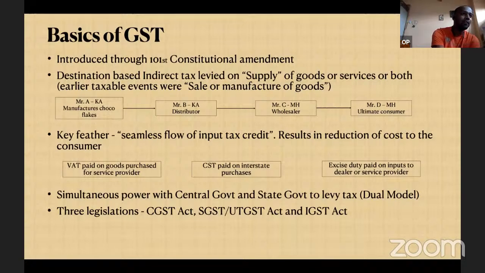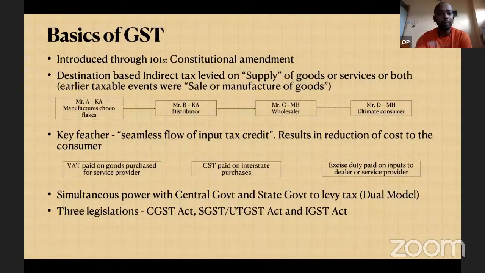For example, there will be a manufacturer of a good. He is selling the goods to a dealer. Dealer will be selling the goods to a wholesaler. Wholesaler will ultimately be selling the goods to a consumer or a retailer, who will end up bearing the pinch of the tax that is involved. For example, if we take a manufacturer, he will be selling to a dealer who will be situated in different states, and that dealer will be selling it to a wholesaler. Wholesaler will sell to a retailer. Retailer will sell to the ultimate consumer, which is us, who will be bearing the tax and finally making the